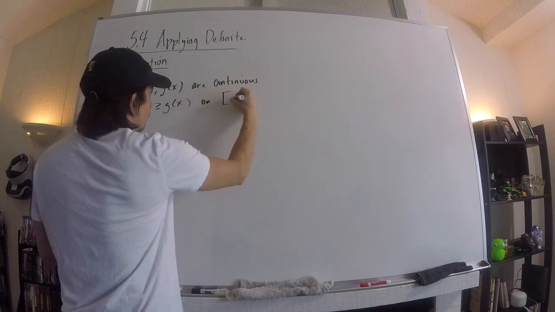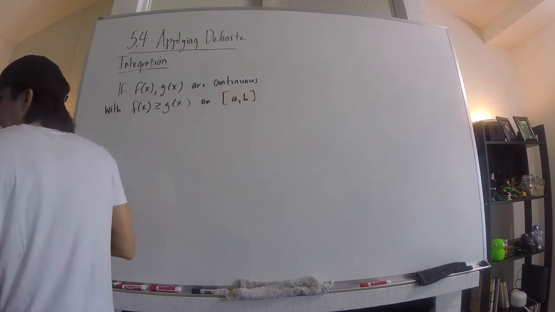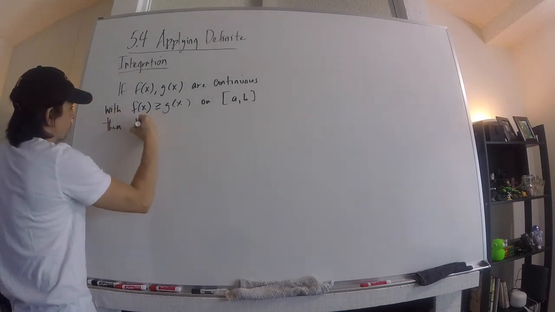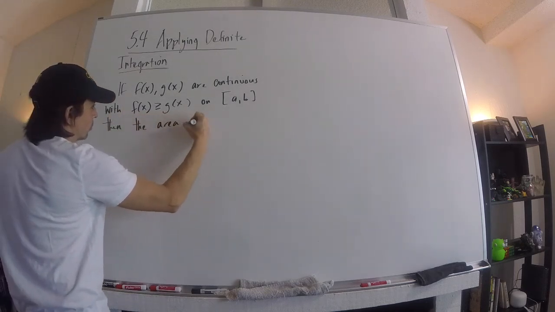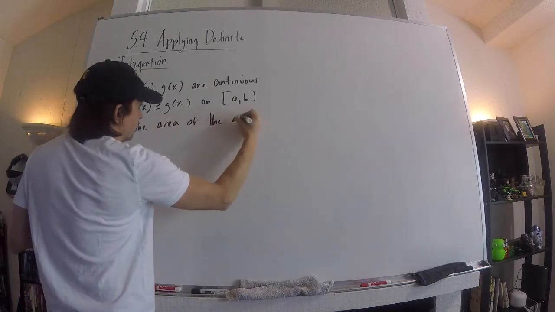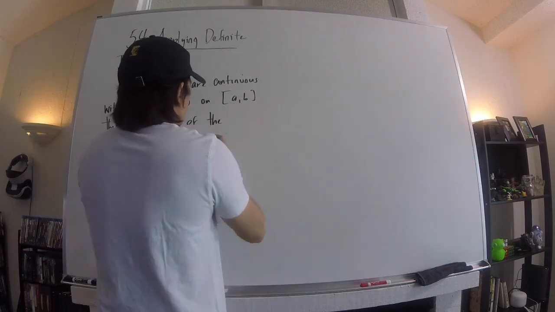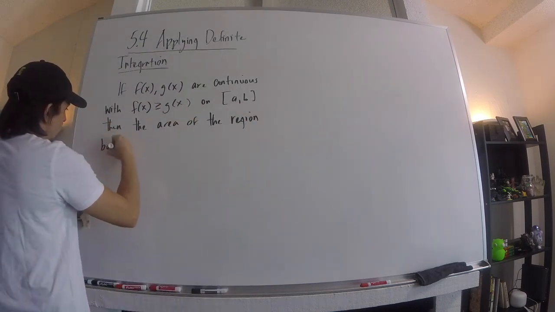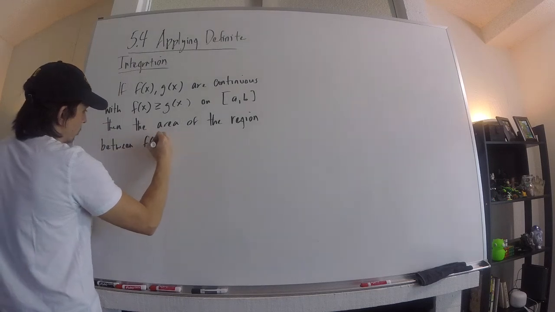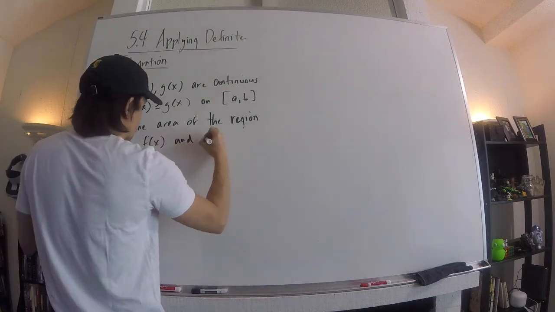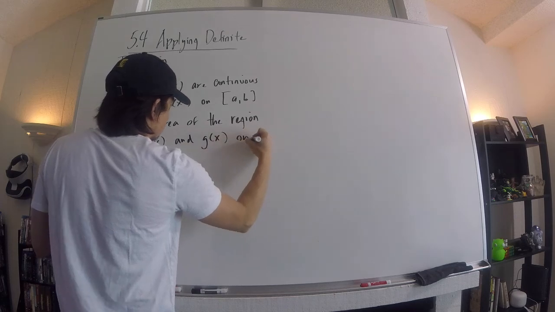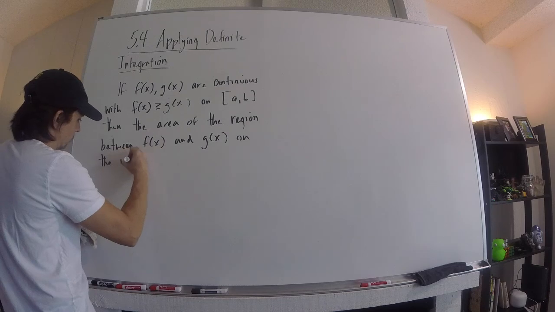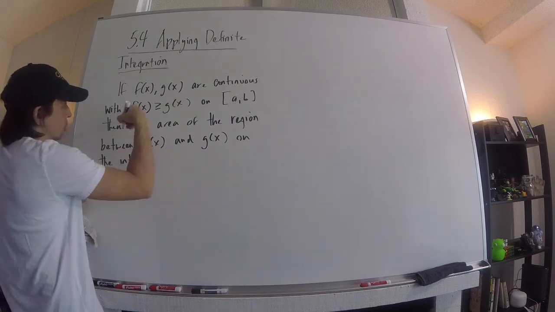On a closed interval a to b, then the area of the region between f of x and g of x on the same interval a to b